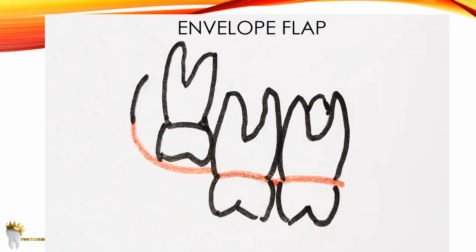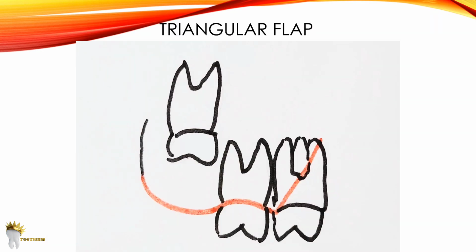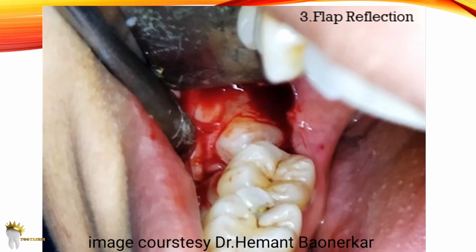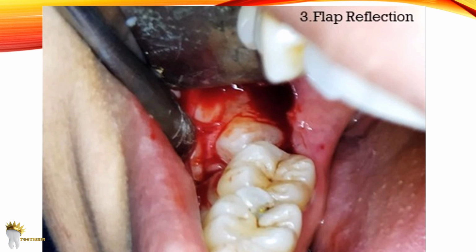For the maxillary third molar also there is an envelope flap which extends from the mesial aspect of the second molar to the maxillary tuberosity posteriorly. But if the third molar is deeply embedded in the bone, then we require more exposure, right? In this case, a vertical releasing incision is given from the mesial aspect of the second molar, so now it becomes a triangular flap. After the incision is complete, the flap is reflected using a mucoperiosteal elevator,